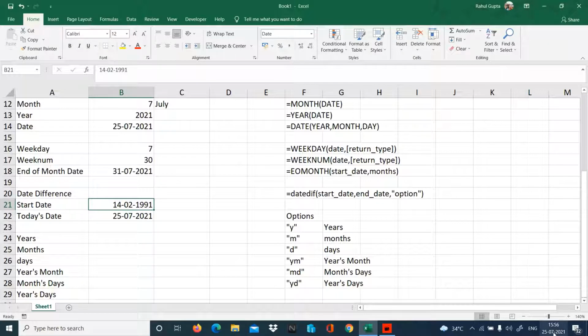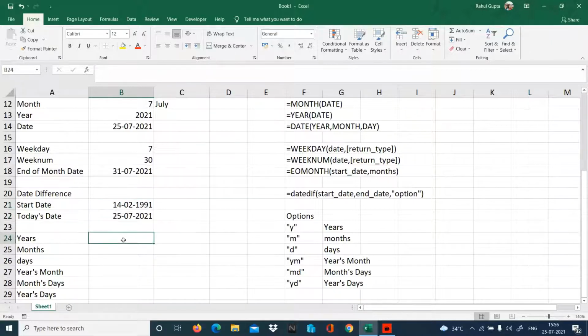You can see at the bottom, whatever format your system is having the date, accordingly you have to write. And if you want to check the format, you can type is equal to today function, you will get the format of your date. If you write the format which I am using, that might not be the same format as your system, then it will be a wrong output.